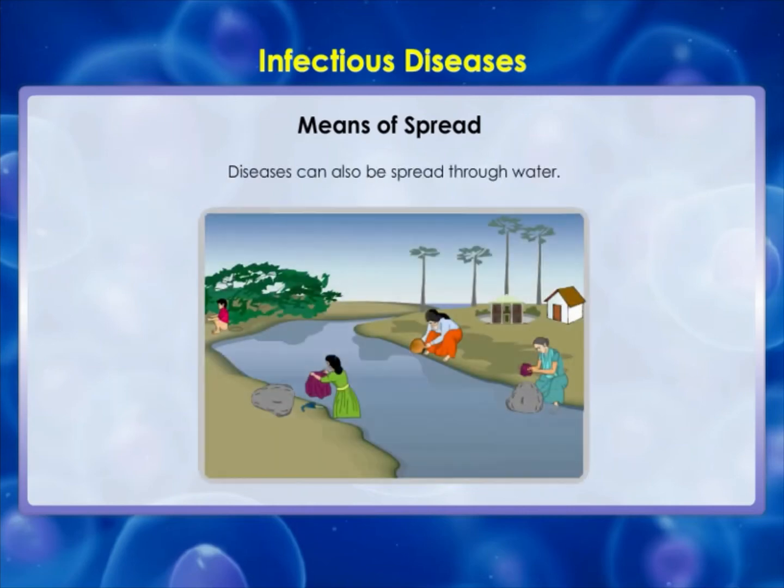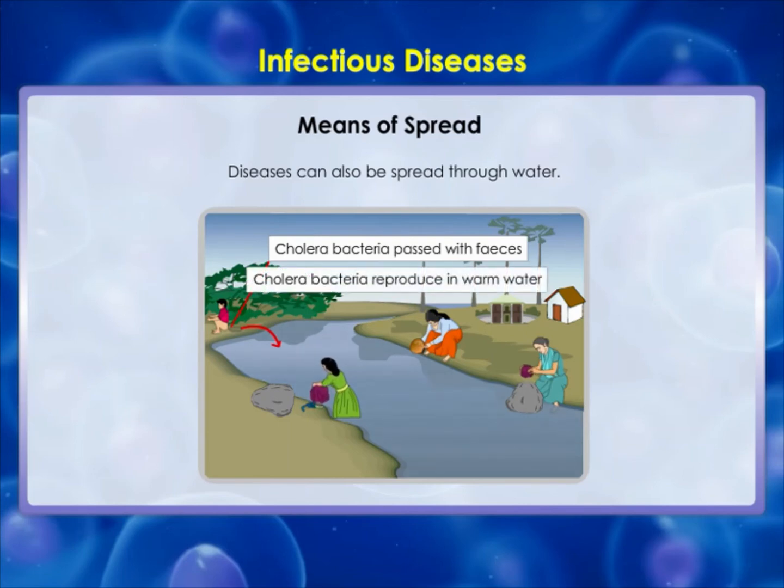Diseases can also be spread through water. This occurs if the excreta from someone suffering from an infectious gut disease, such as cholera, gets mixed with the drinking water used by people living nearby. The cholera-causing microbes will enter new hosts through the water they drink and cause disease in them. Such diseases are much more likely to spread in the absence of safe supplies of drinking water.